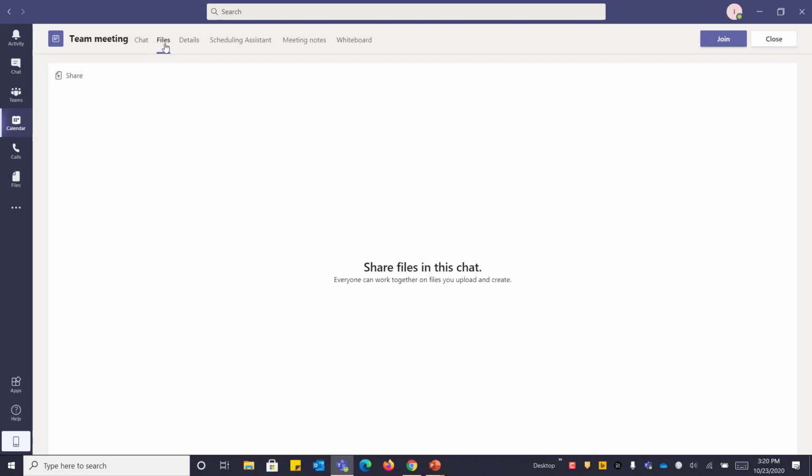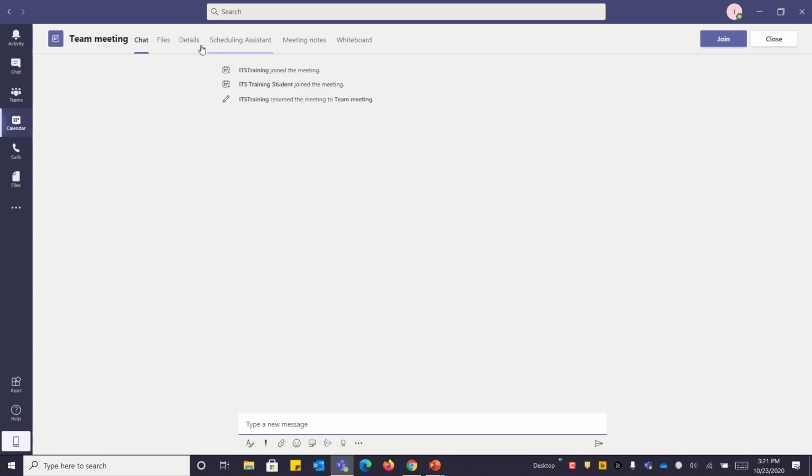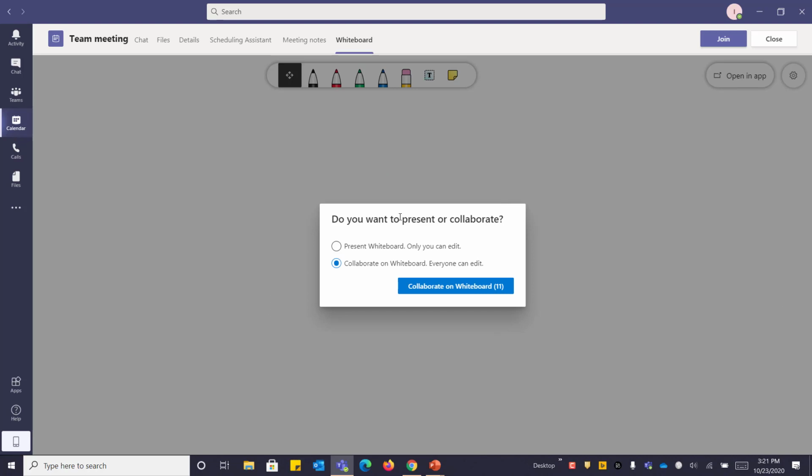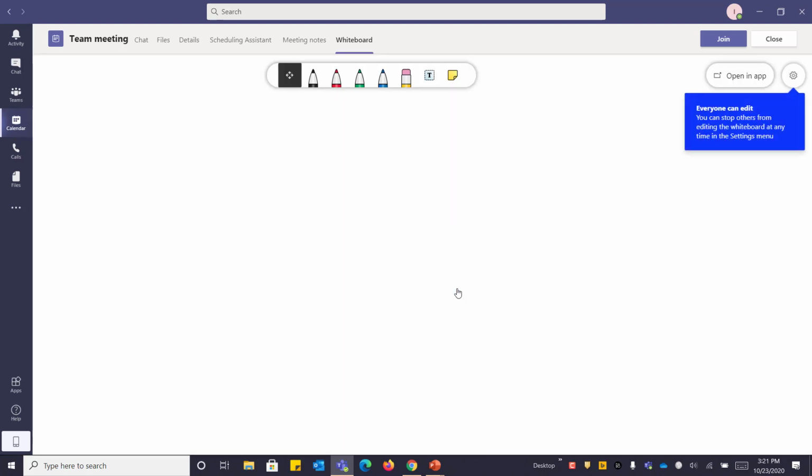If I want to add specific files that I want people to have access to, I can add them here. But basically everything gets compiled during the team meeting. So once I start conducting this meeting or running this meeting, I can come back to the calendar later on once the meeting is done. And then when I click edit, everything that was shared, everything that was sent via chat, all the meeting notes that we took, and if we use the whiteboard, that will all be in the editing area. So this is a little preview of the whiteboard. But we're going to go ahead and close our meeting.